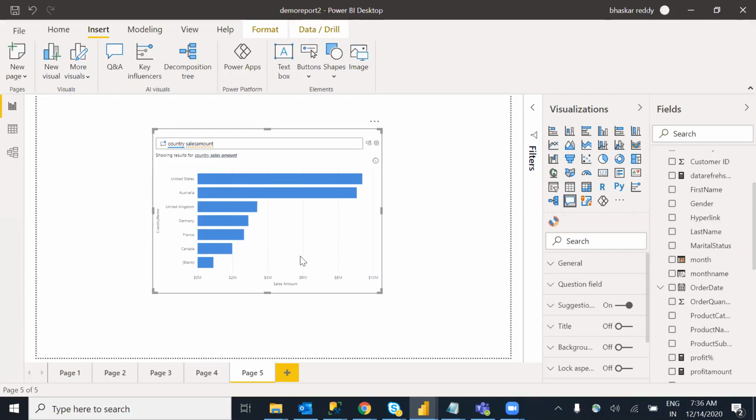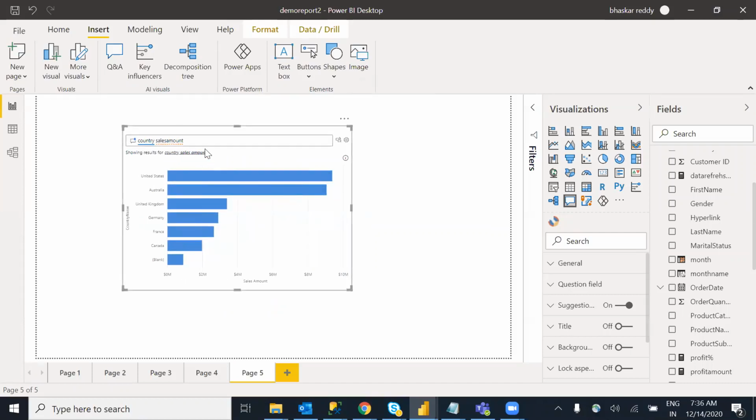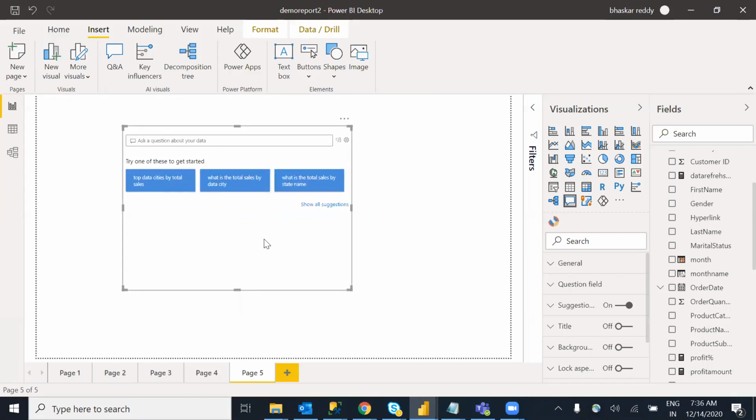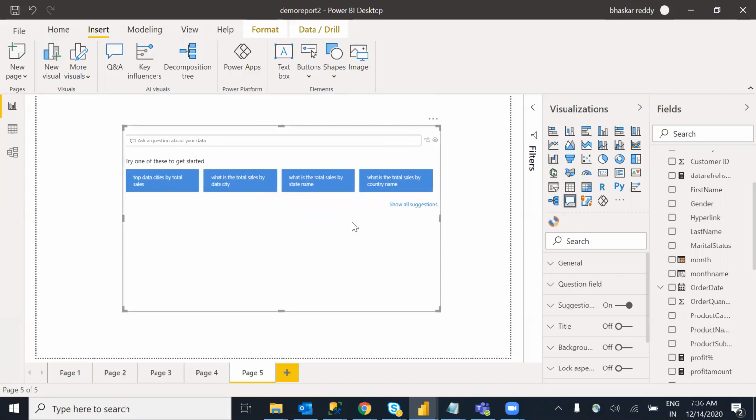Don't ask Google-type questions at all; ask questions based on your data. It will search your data, analyze it, and give you the information. Apart from that, while loading the data itself, it will give some suggestions.